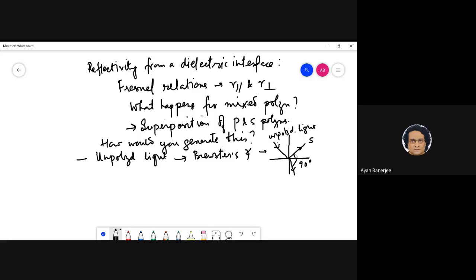What is the meaning of unpolarized light? The basic meaning of unpolarized light is that there is no fixed direction of the field vectors. They are all randomly oriented. So one can say that if you come in at Brewster's angle, then only the out-of-plane one gets selected, I mean the reflected component. But whether this actually gives you some sort of ordering of the rest of the polarization, I don't know. I'm not sure.